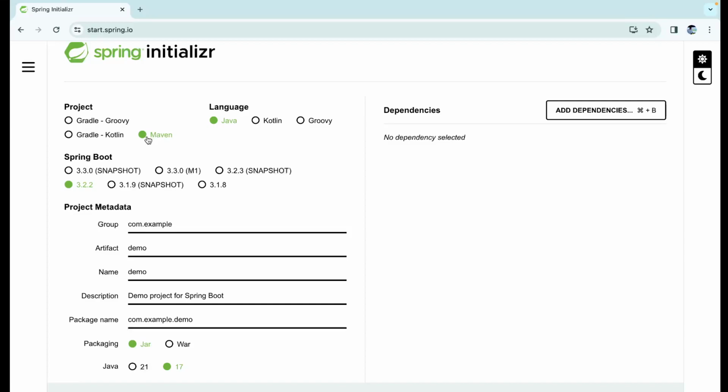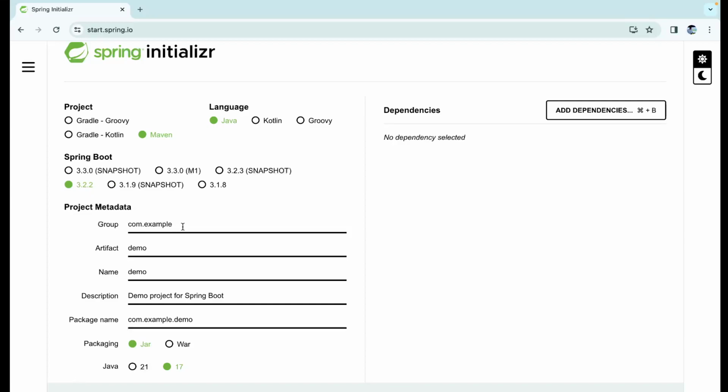We have already discussed this in theory. And let's select this Spring Boot version. Like Java has a version, Maven has a version, so Spring Boot also has a version. So we'll select this 3.2.2 version. If anyone is trying out right now, you can select these options. Java is for our language. Maven is for our dependency management, and it will also be used as a build tool. And then we have this Spring Boot